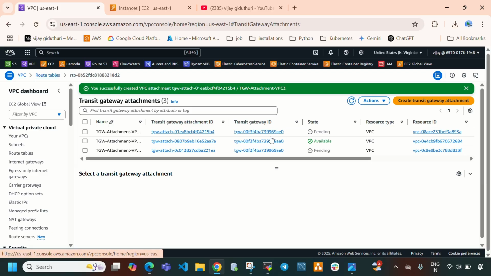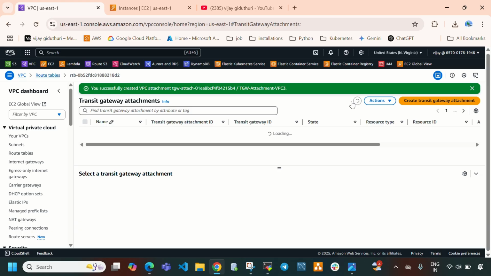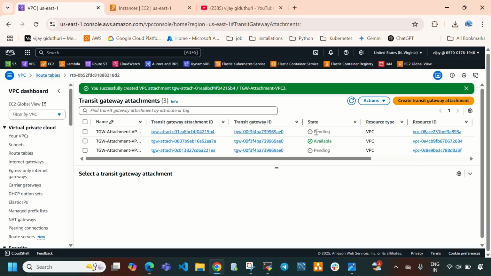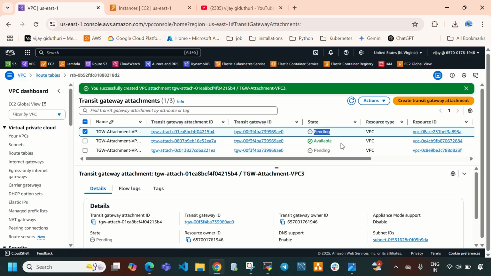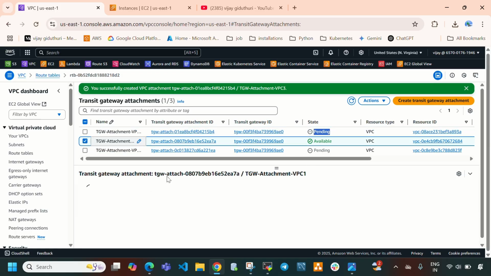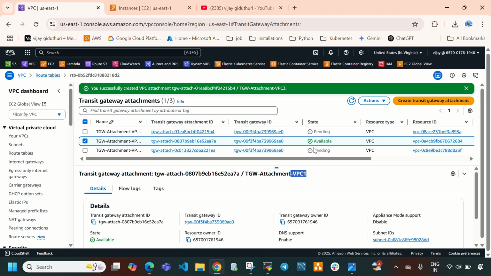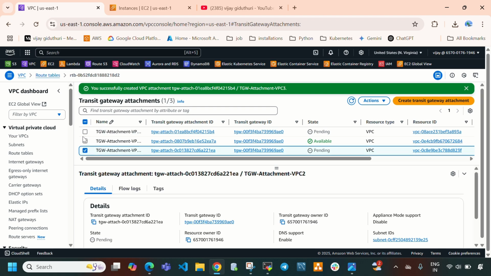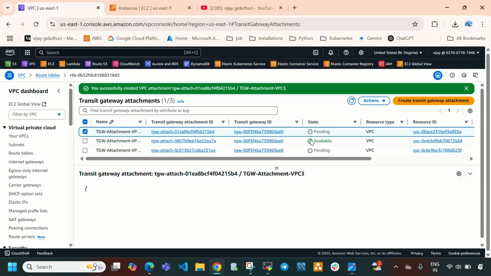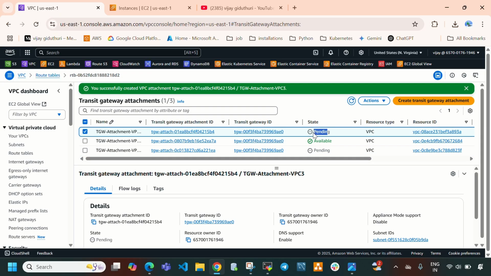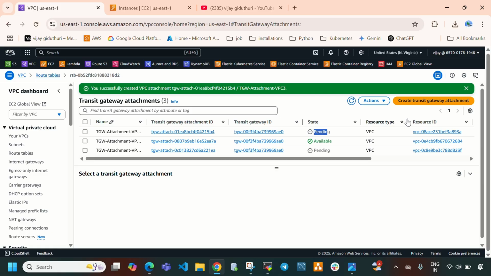Here you can see all three transit gateway attachments have been created successfully. Now we need to see the available state. For the first one it is available. Let me select this. For VPC1 it is available. Now we need to see VPC2 as well as VPC3. Instead of pending, you need to see available. So let's wait for some time.